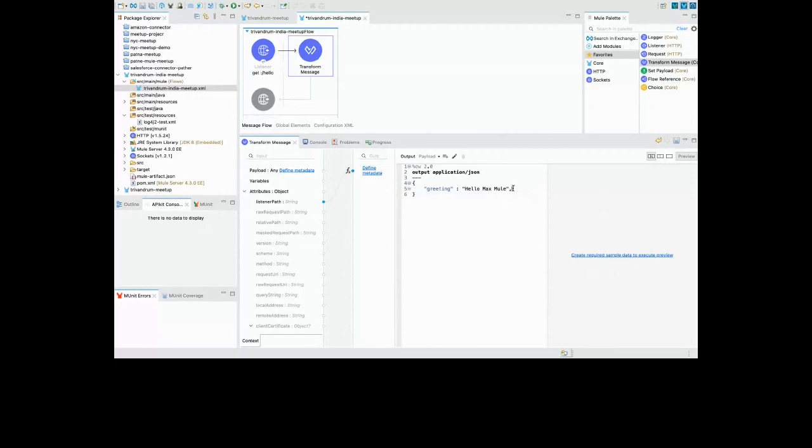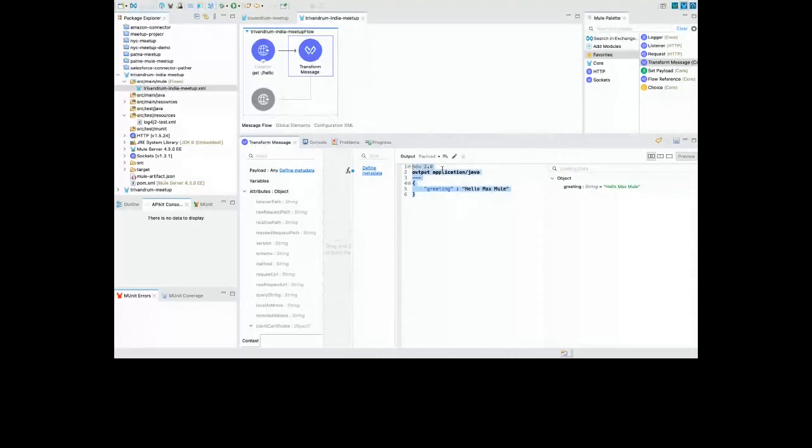So if you say Java, it is saying that okay, it's an object because this is an object, and then inside there is a parameter called greeting, which is a type of string, and this is a value. There is something called DW, which is DataWeave. Or if you wanted to send XML, you will see it in the form of XML as well. Or you say CSV. I'm not quite sure if this is going to work, but you see it is working as a CSV. So this kind of information, this is why this particular transform message is helpful, and this is why this particular DataWeave is helpful for us.